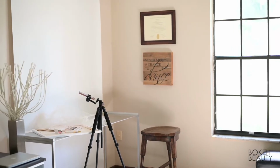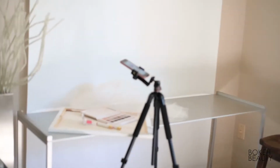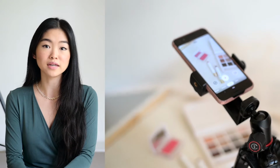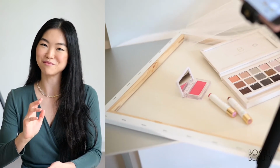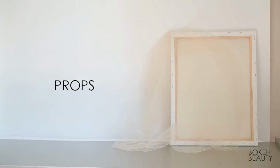Here's the super simple lighting setup. I've placed a table near a bright window with ample indirect afternoon sunlight. I have my props and products styled in a flat lay with the tripod directly above it to capture short videos for Instagram stories. In terms of props, I absolutely love having a few stretch canvases around the house